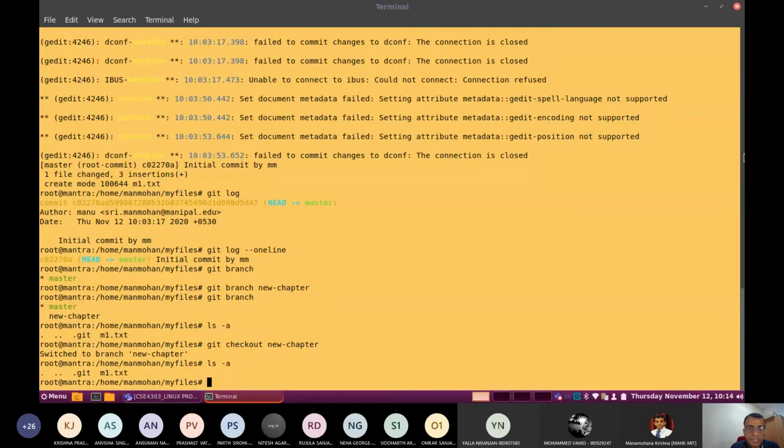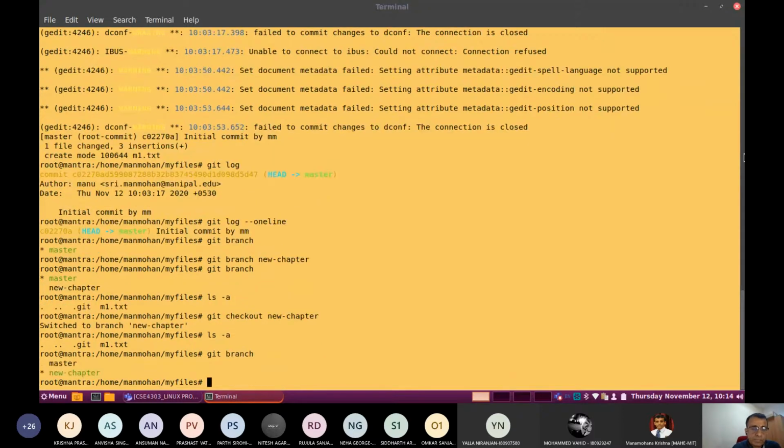Because you are in a separate branch, you can check with the git branch command. Now try to find out where you are. There are two branches, master, and now the star mark is on new chapter. The star mark is on the new chapter branch. Now you are in a separate branch.